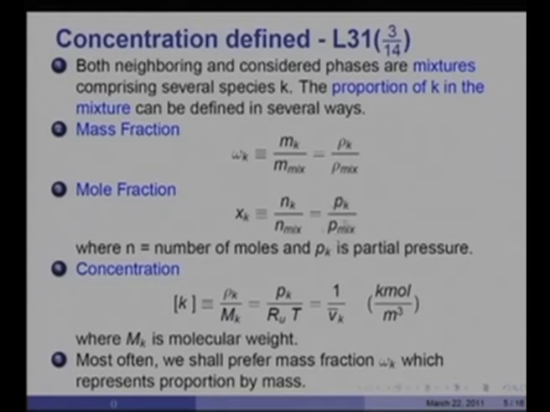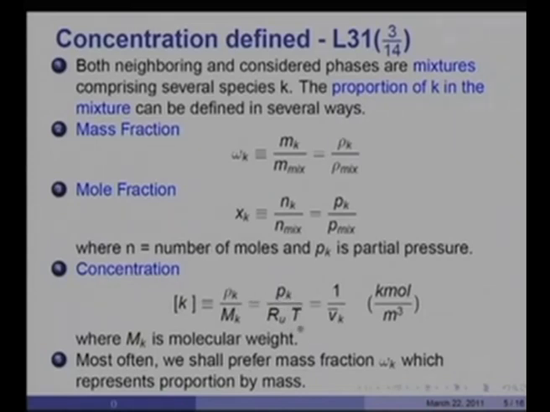X k is simply the ratio of partial pressure of K divided by the total pressure of the mixture. N is the number of moles. Chemists, on the other hand, prefer to use concentration, and the symbol is square brackets with K inside, and that is simply rho K divided by m K, or essentially a molar density. It is a molar density, and if we use the perfect gas law, then you can see that it can be written